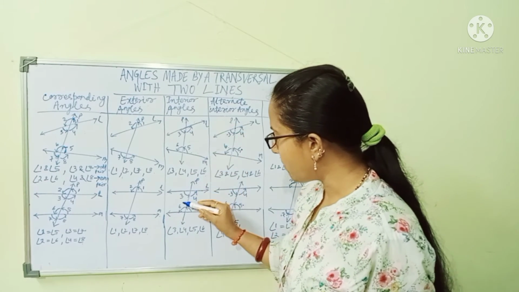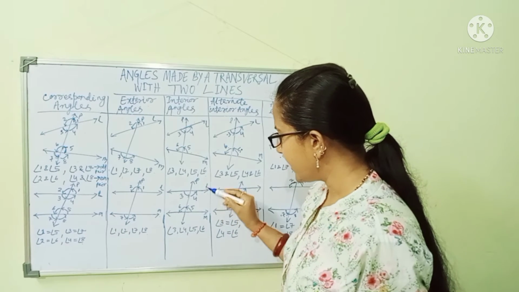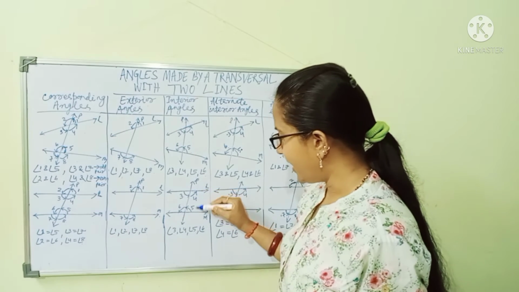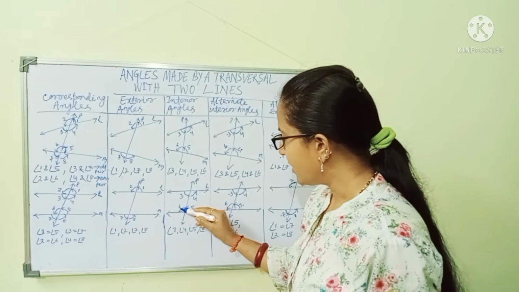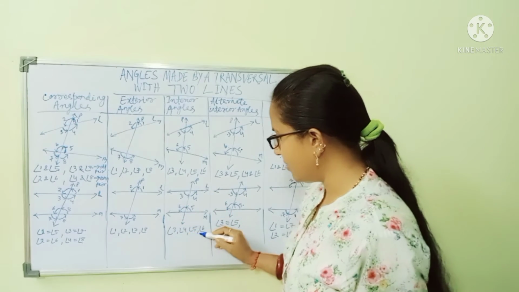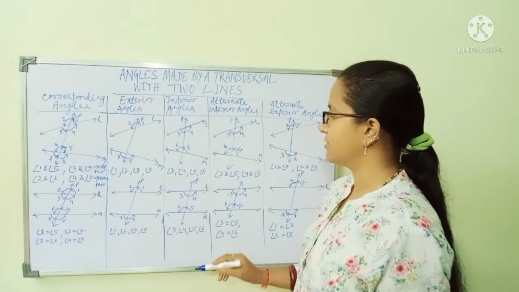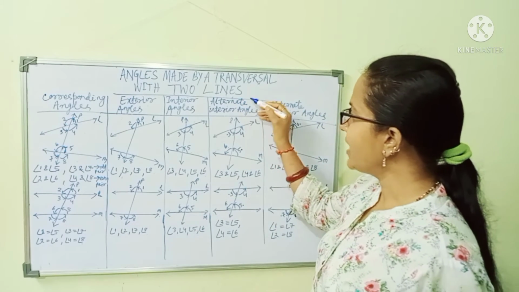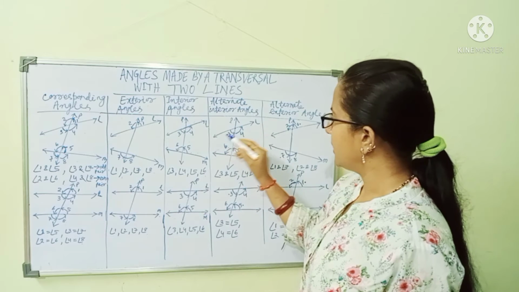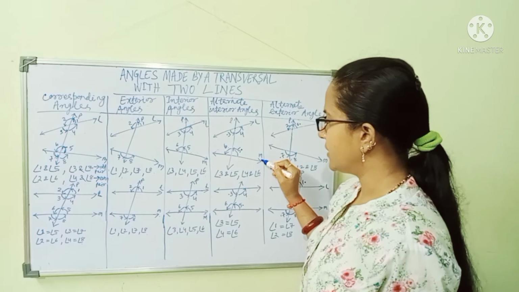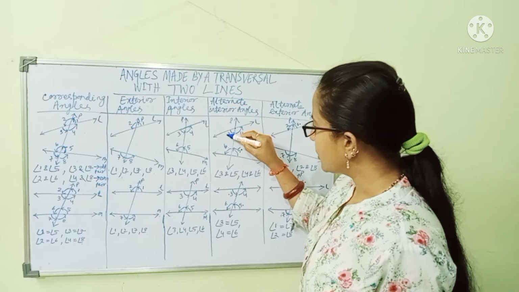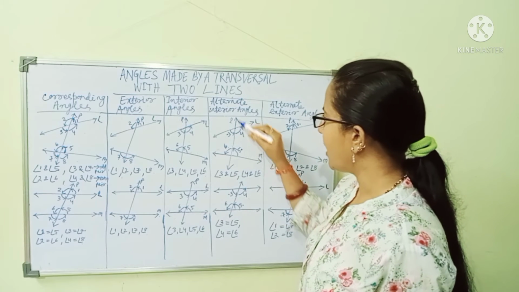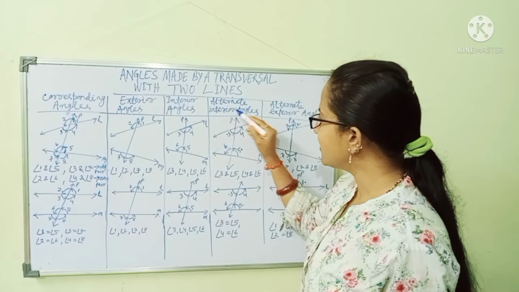If we consider parallel lines, L and M are parallel lines and P is the transversal. The same thing: 3, 4 and 5, 6 are the interior angles. Next we will go for alternate interior angles. If L and M are non-parallel lines and P is the transversal, then third and fifth are the alternate interior angles